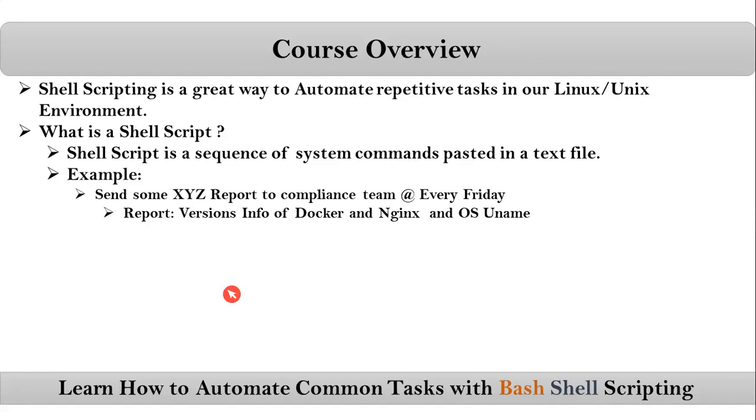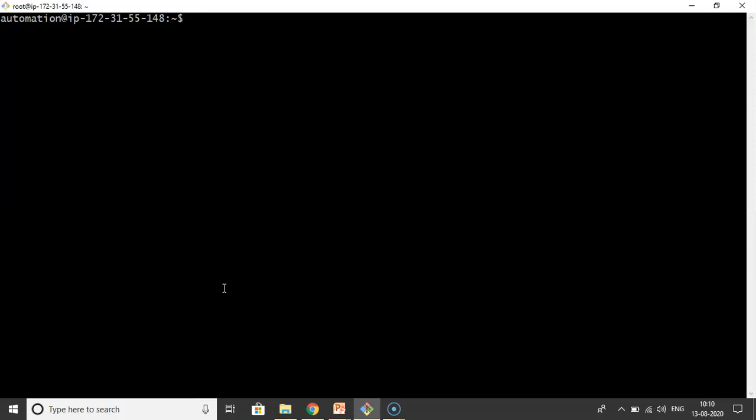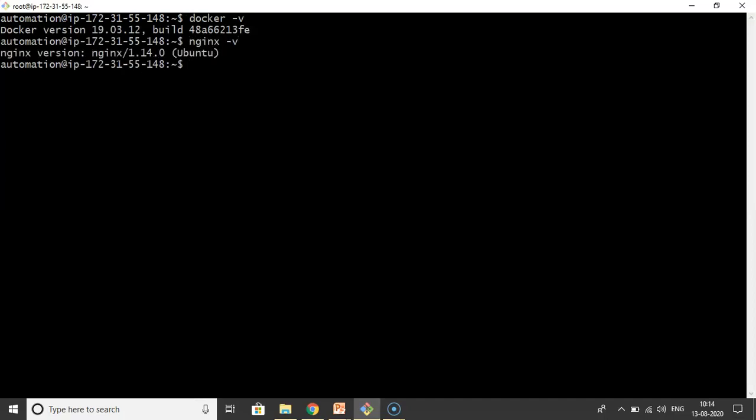Now, first assume that we don't know about shell scripting. But anyway, as a Linux user, we know how to use commands on our command line. Now, first let me show you the commands to find the versions of Docker and Nginx and also the OS name. See, this is my terminal command line. If I simply run docker -v, it gives the Docker version, and nginx -v gives the Nginx version.